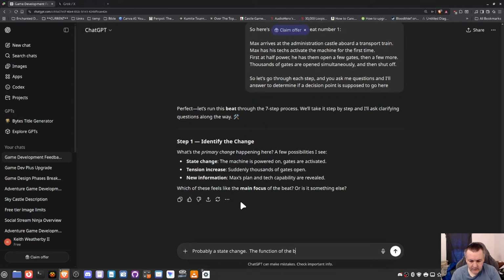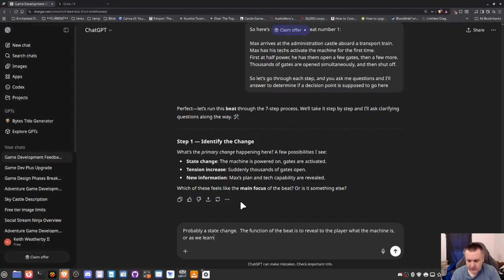The function of the beat is to reveal to the player what the machine is, or as we learned earlier, it's this gate thing.